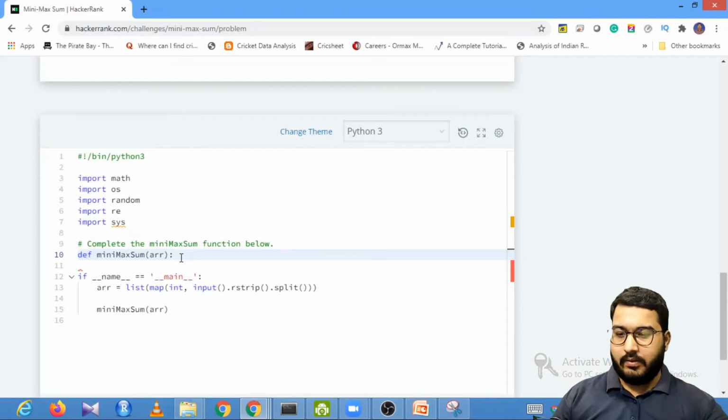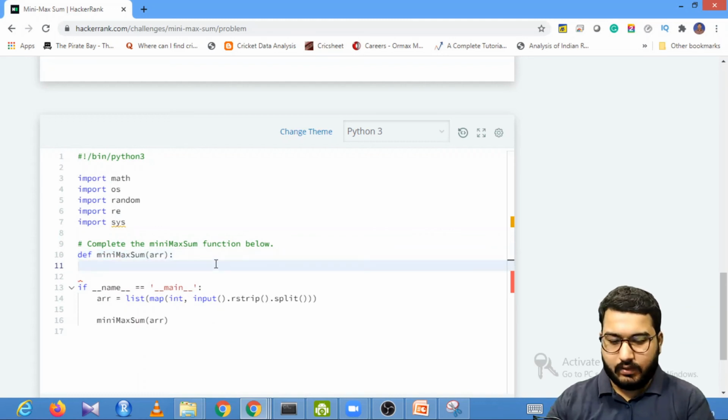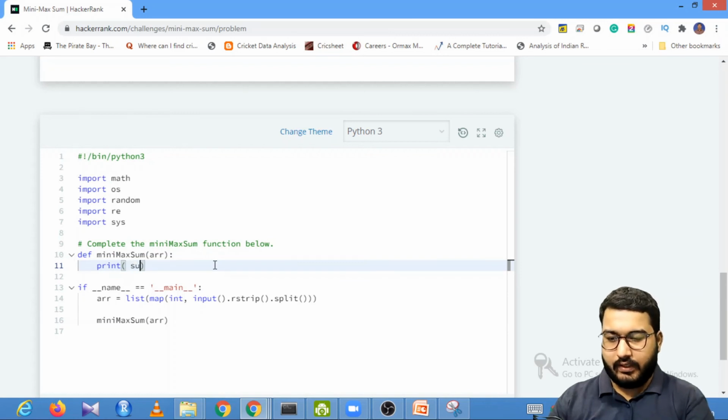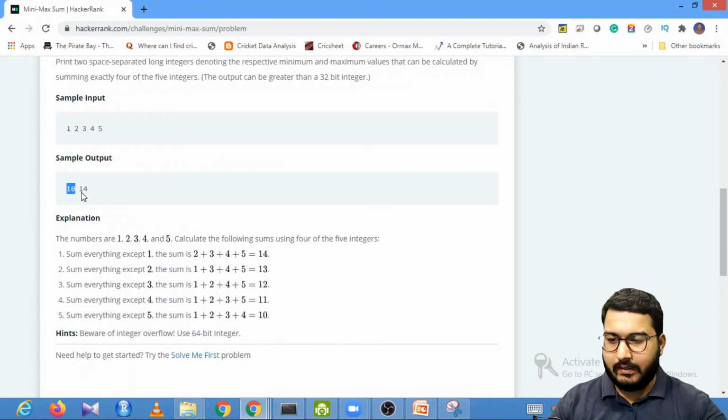So now you can see that we need to complete this particular function, so I can print my output. So first of all, I need to print the minimum and the maximum sum.